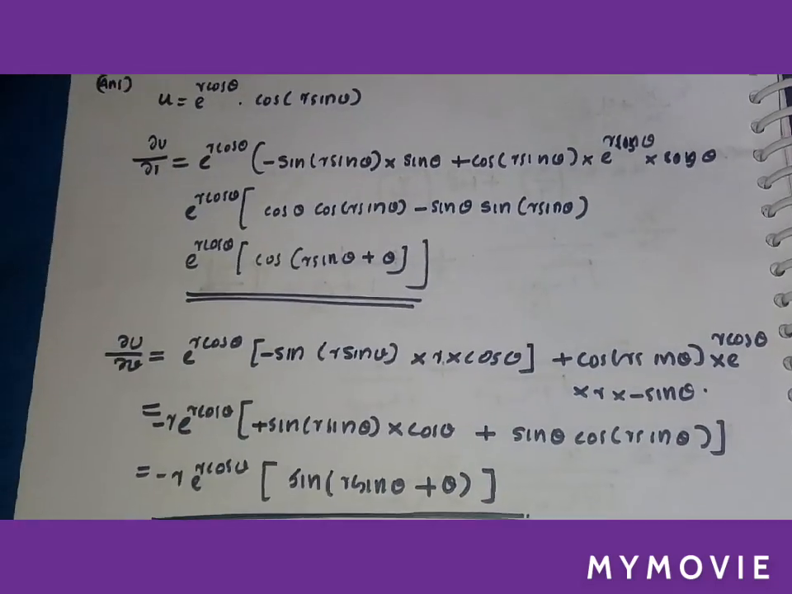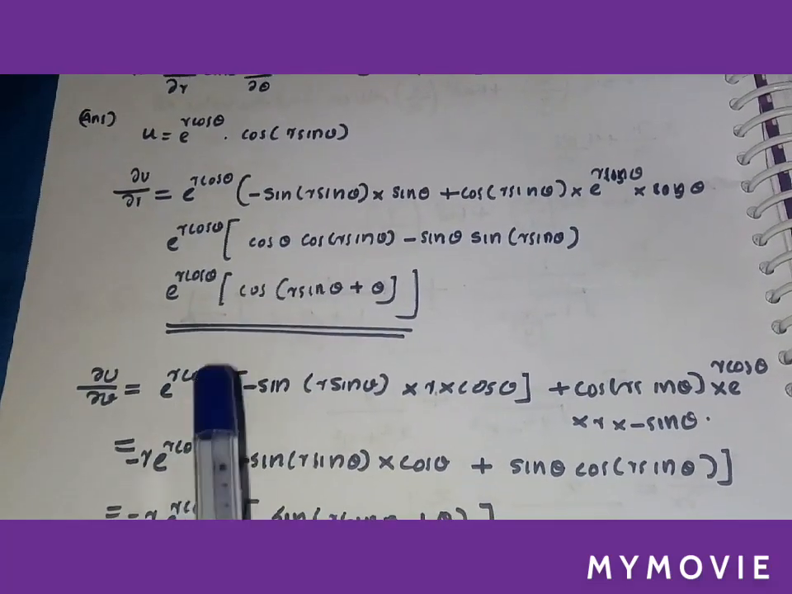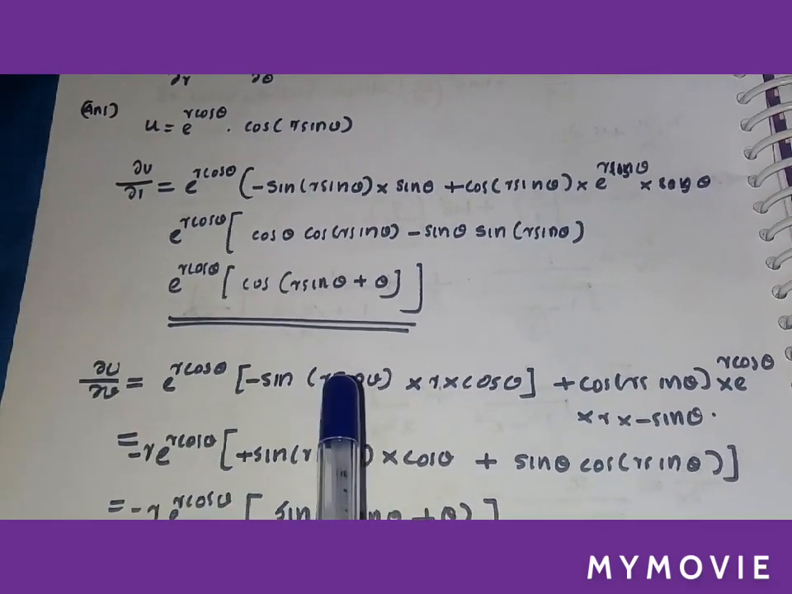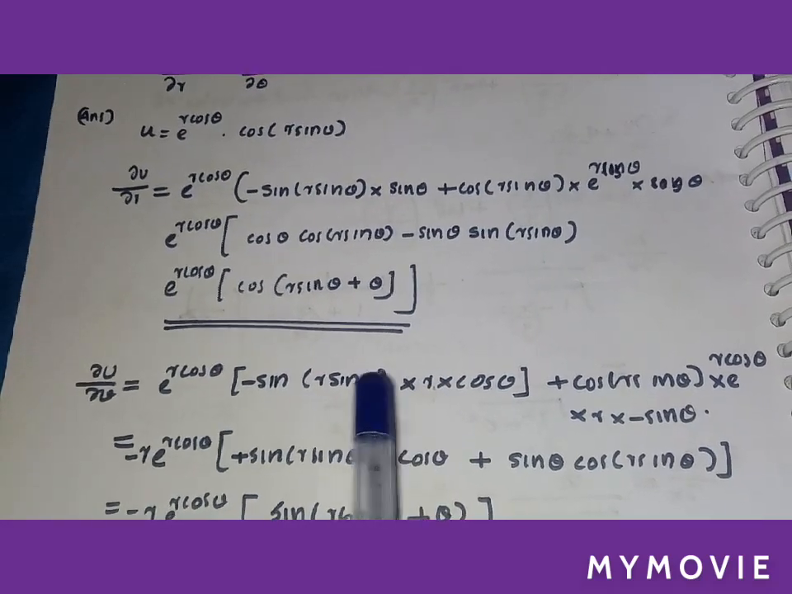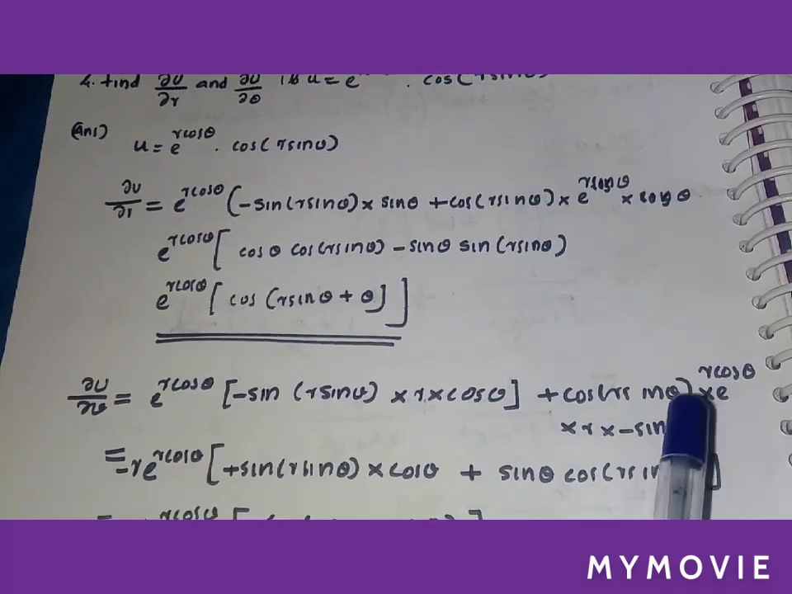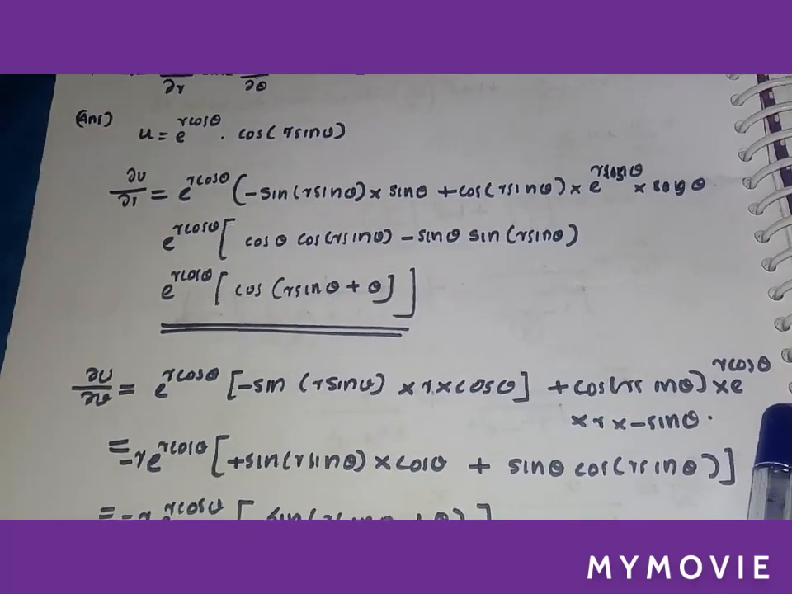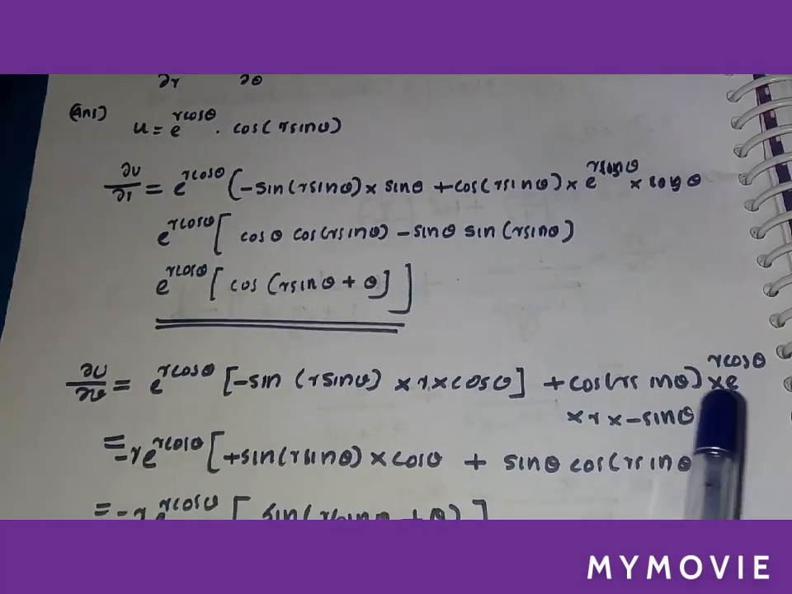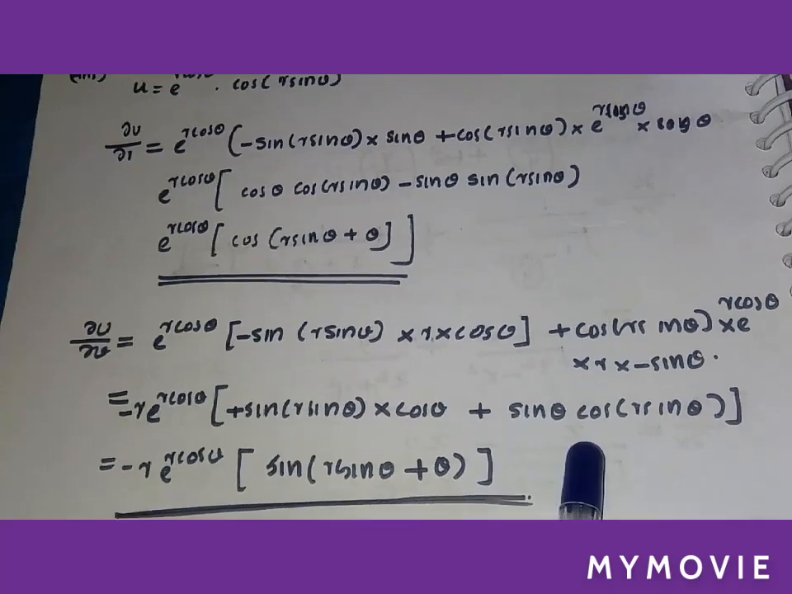Next we have to find the partial derivative with respect to θ. So here, first function into the derivative of the second with respect to θ means minus sin of r sin θ into r into the derivative of sin θ, that is cos θ, plus the second function cos of r sin θ into the derivative of e raised to r cos θ, that is e raised to r cos θ into r into the derivative of cos θ, that is minus sin θ. After simplification we get the answer as